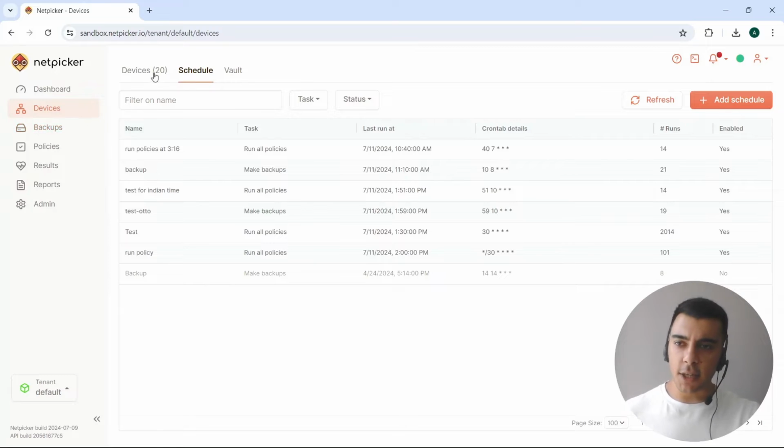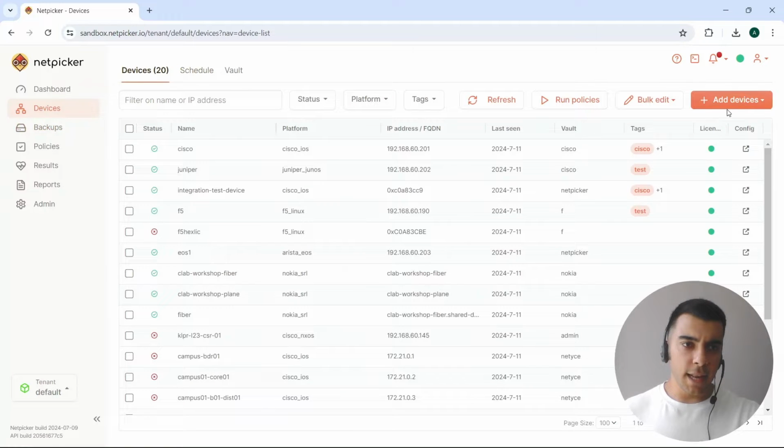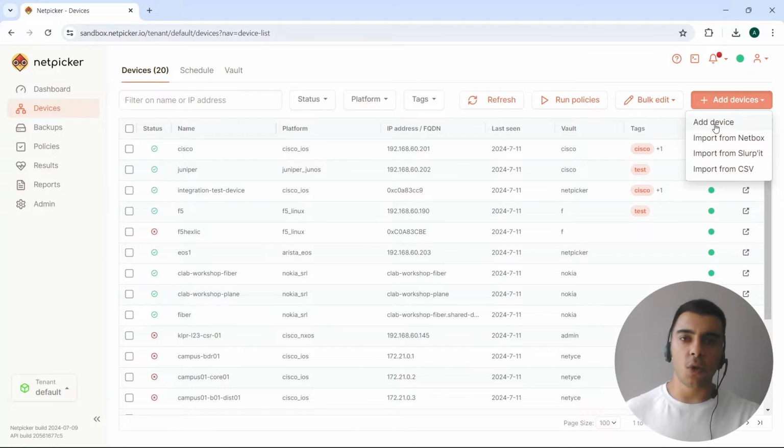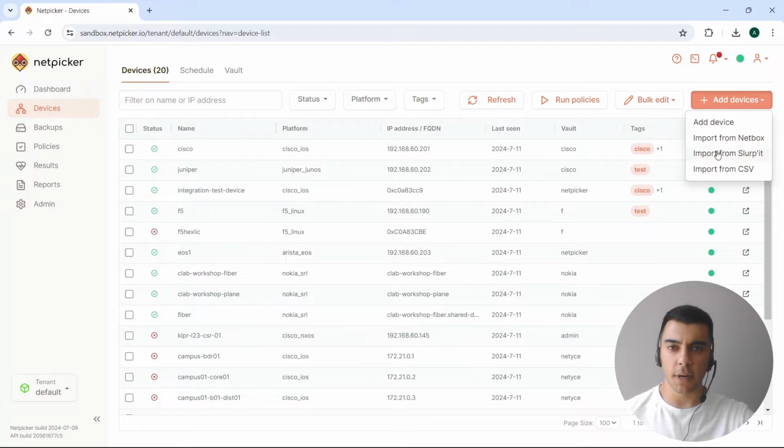This is the devices section. If I go to devices, I can add devices either manually using SSH, or I can import them from Netbox using an API endpoint and token. Slurped, same thing, endpoint and token. But Slurped is definitely the preferred method, and use Slurped as much as you can because Slurped